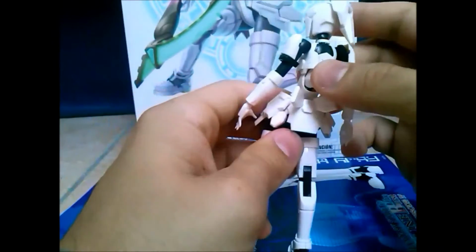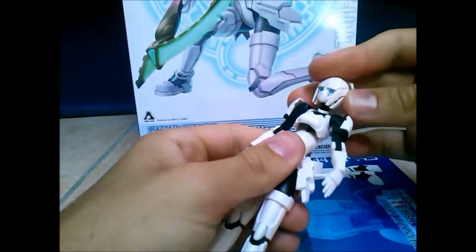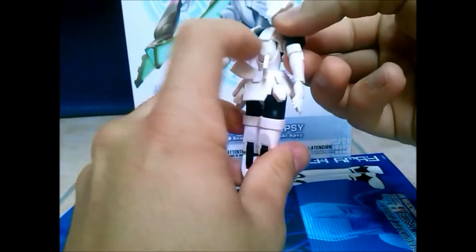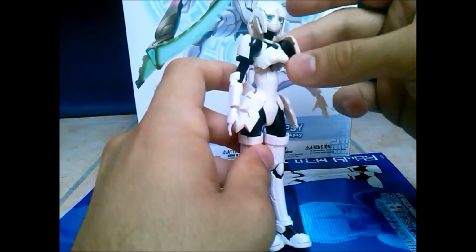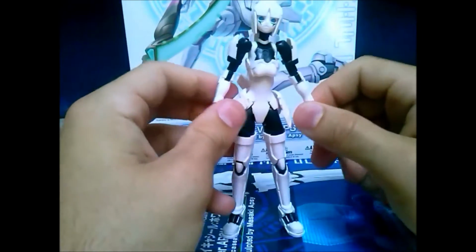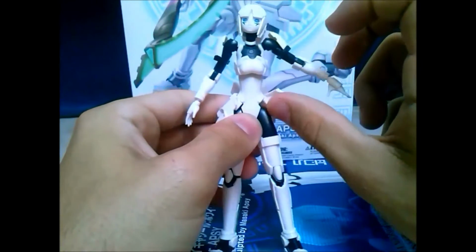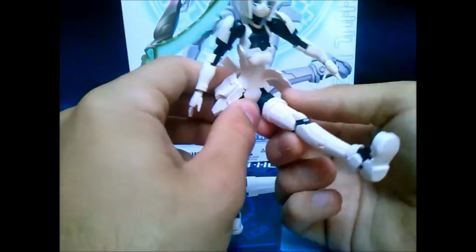Now, the head pops out. No, that wasn't what I was about to say. The torso here moves up pretty far and down. There's some pretty nice detail on the back. The boobs move up and down. Oh please. Then we have the skirts that move out of the way like this. And also these ones, they'll wiggle around a little bit to give the leg more mobility, so the